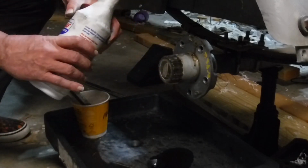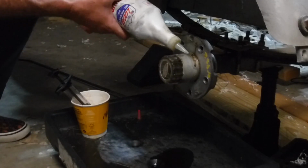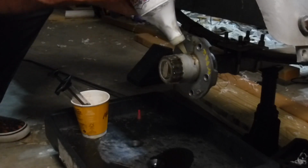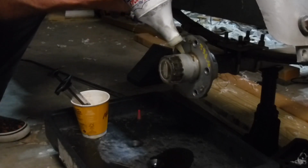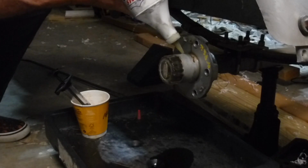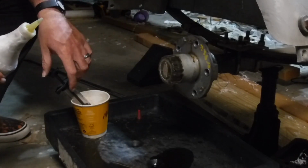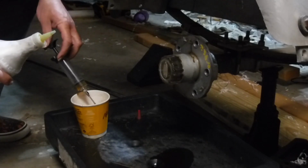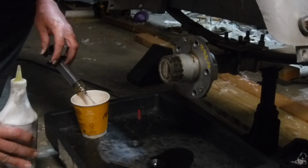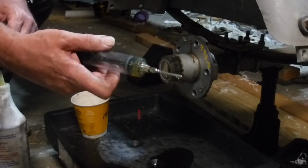Now, theoretically, I should be able to just cut the end of this off, stick it down in there, squeeze that oil in, good to go, right? Wrong. This stuff is thick. I mean like Karo syrup thick. So the only way I could figure out how to do it, I got this meat tenderizer,